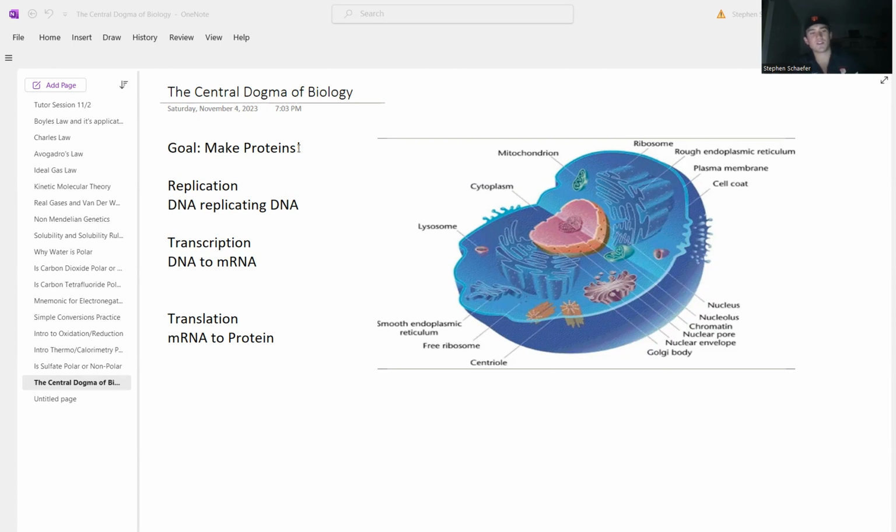Next, we go to transcription. This is where we take the DNA and turn it into something called messenger RNA. So messenger RNA is more functional than DNA because it can leave the nucleus and head to the cytoplasm. From there, it can go to the ribosome where translation will occur. But we're still on transcription. The main enzyme at play in transcription is going to be something called RNA polymerase.